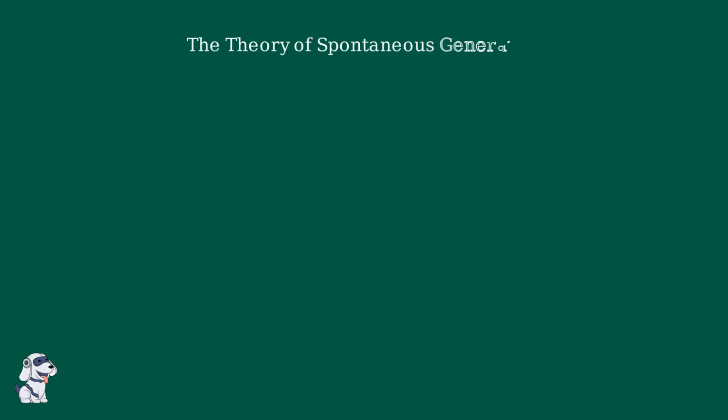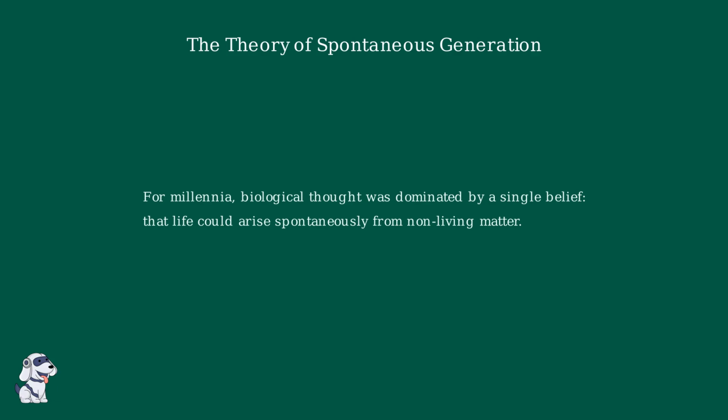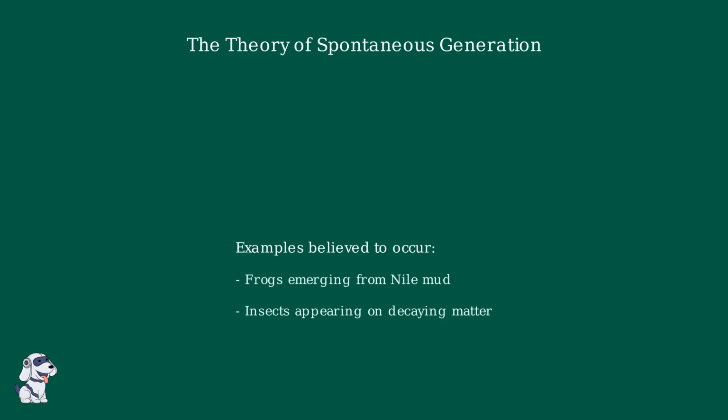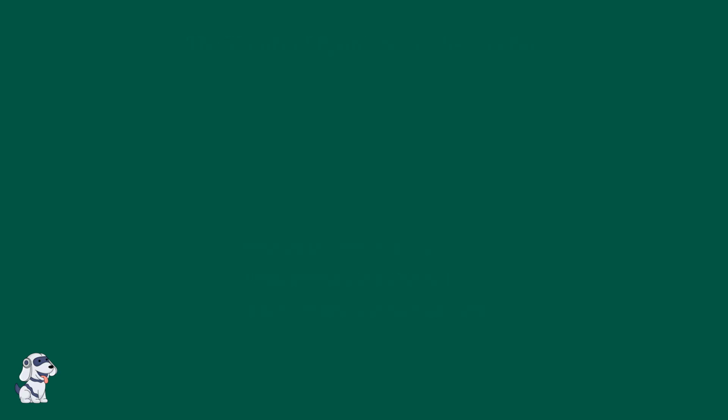For millennia, biological thought was dominated by a single belief that life could arise spontaneously from non-living matter. This theory suggested that organisms did not need parents, but could simply emerge from decay or inanimate environments. This phenomenon was often attributed to a mysterious pneuma, or vital life force, thought to be present in the atmosphere or the substance itself. Proponents pointed to common observations, such as frogs seemingly appearing from the mud of the Nile, or insects appearing suddenly on decaying matter, as proof of this spontaneous birth. This remained the dominant scientific and philosophical view of life's origin until the mid-17th century, when experimental rigor began to